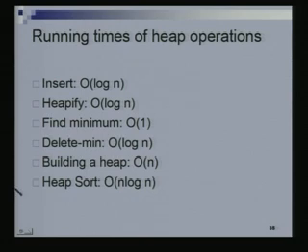The delete min operation, which we also saw today, takes only order log n time. This was because the delete min operation is a two-step thing. First, we remove the minimum element which is sitting at the root, take the last element in the heap. So, in the array implementation, this corresponds to the very last element in the array and put it at the root location, put it at the location of the first element which we have removed, which was the minimum element.